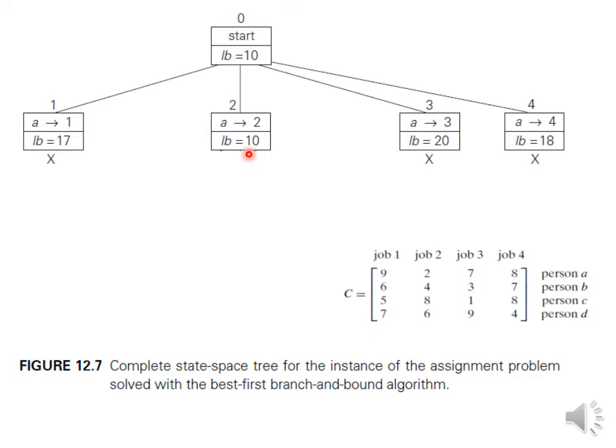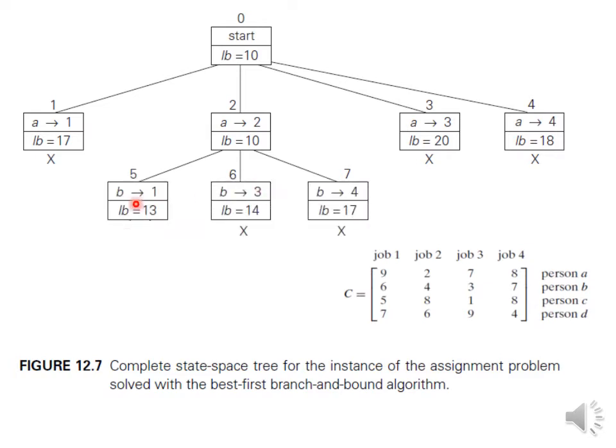Expanding means going for the second assignment, assigning B. A is already assigned with job 2, so just avoid the second column. From the other columns, jobs 1, 3, 4, go for assigning the best. There are 3 possibilities for us. One is B assigned with job 1.